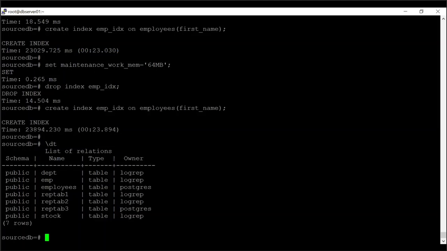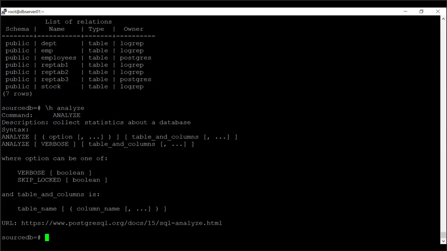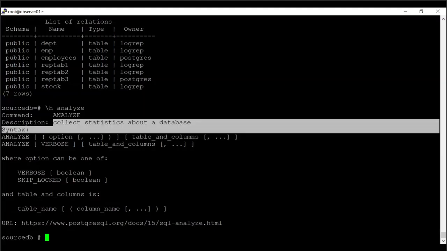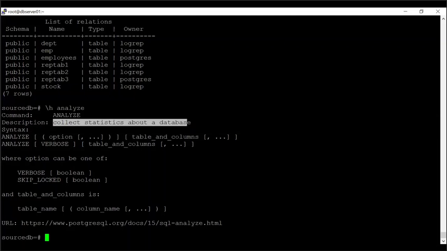Now let's discuss the analyze command. The analyze command is used to gather the stats, right? It collects the statistics of your table or database. Usually the autovacuum process takes care of doing analyze whenever 10% of the data in your table changes. Automatically the auto analyze process will